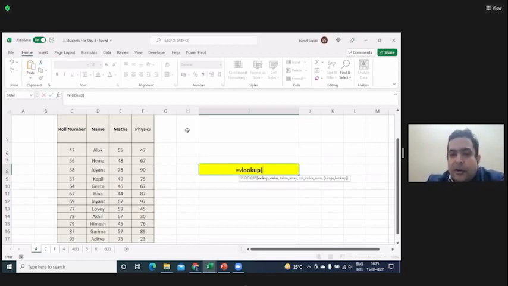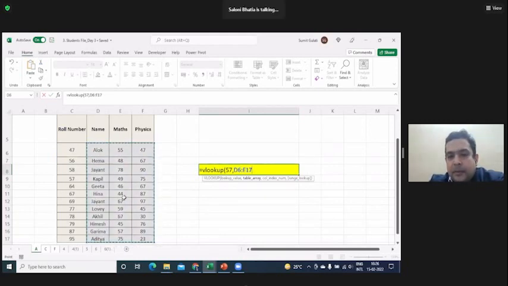For the lookup value, we have to initially start with the column wherein we want him to search for the numerical value, correct? No. What happens is the moment you say 57, when you select the array, this array has to start from that column where you have to look up. That means this 57 will only look up in the leftmost column of the array you have selected. Okay, sir. So if I say 57 and I select from here, it won't work, because it will look for 57 where?